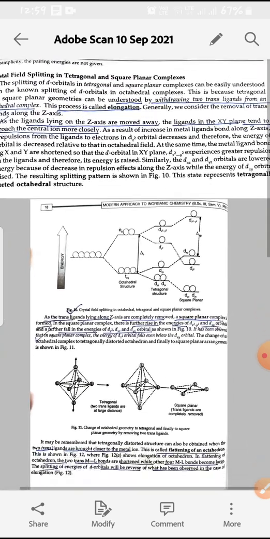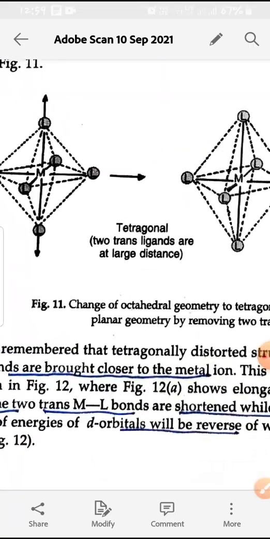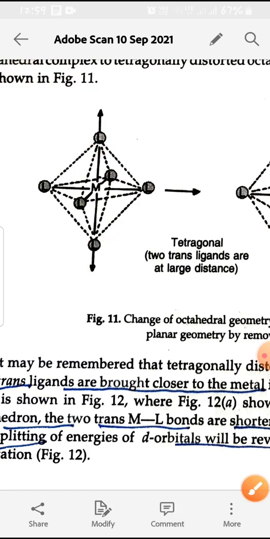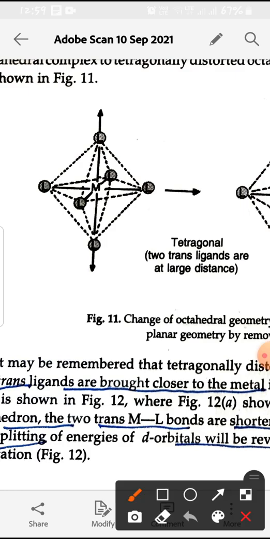Then in this we consider two trans ligands. For example, this is the octahedral complex, and as an example we take two trans ligands along the z axis. If we withdraw two ligands along the z axis, then the distance between the metal and ligand along the z axis increases, whereas the metal ligand distance along the x and y axis, this is the y axis, this is the x axis,